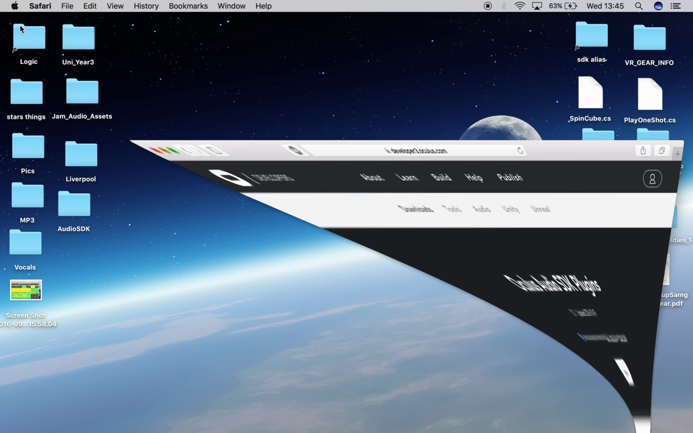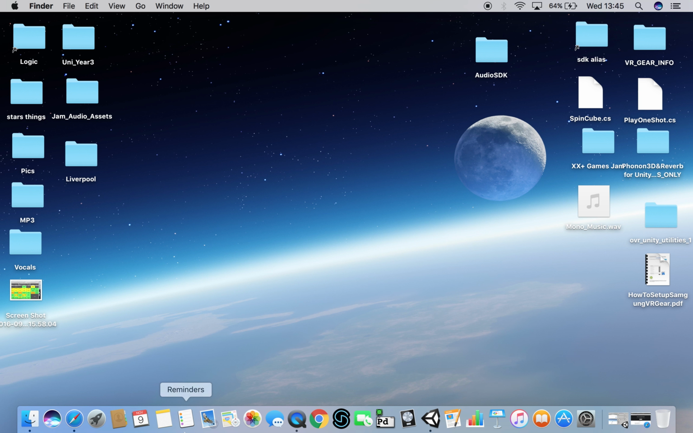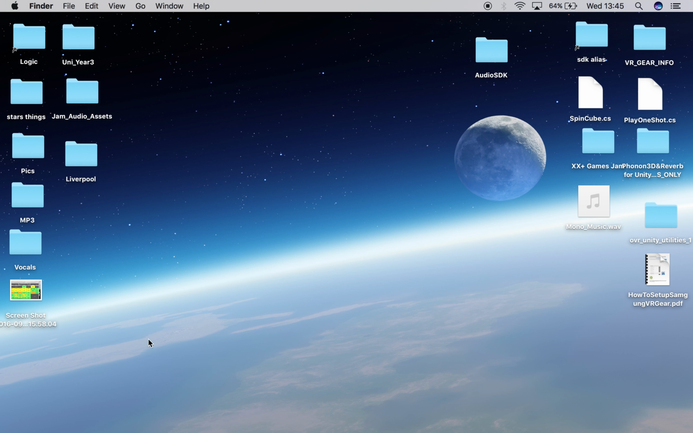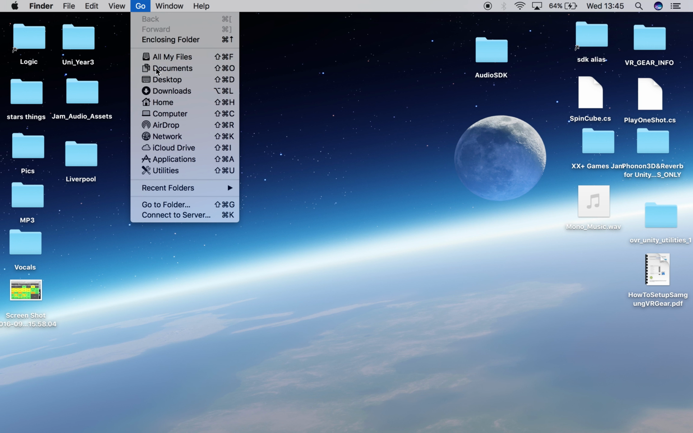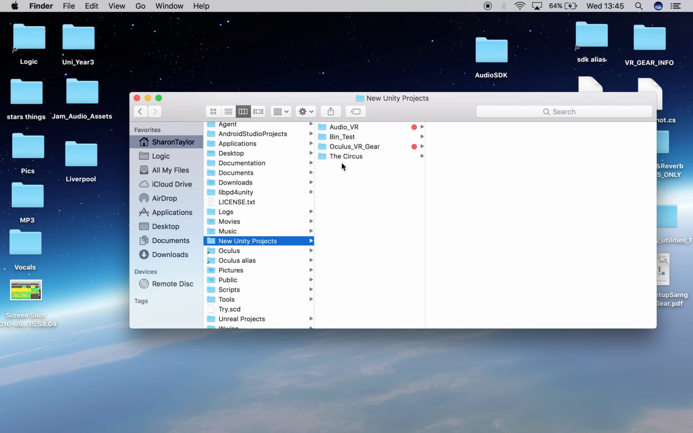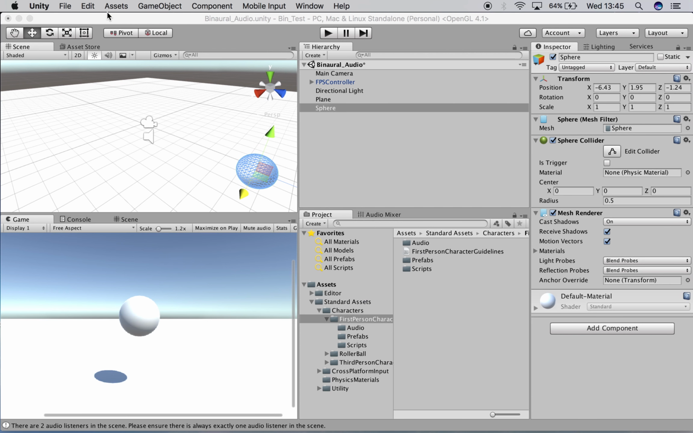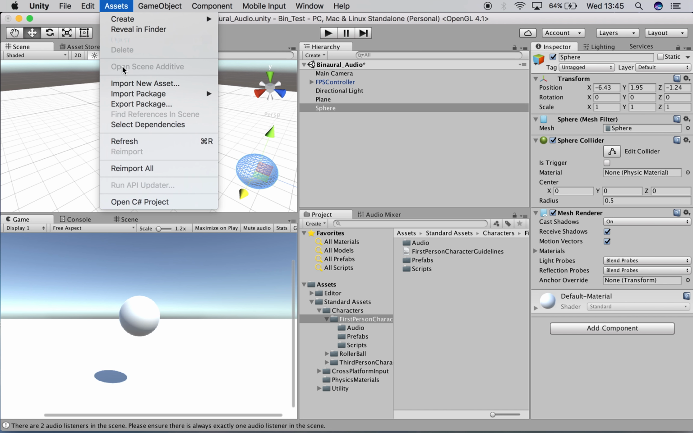I've already downloaded it, which is here. So I've just put it on my desktop for now. So you open up Unity. I mean, you put the Audio Start Development Kit within the, for me, if I go, there's my Unity projects, I've just done bin test. I can drop it in there just so I know where it is, but I'm going to leave it on my desktop for now. So if I go back to Unity, right, if we go to assets, I'm going to